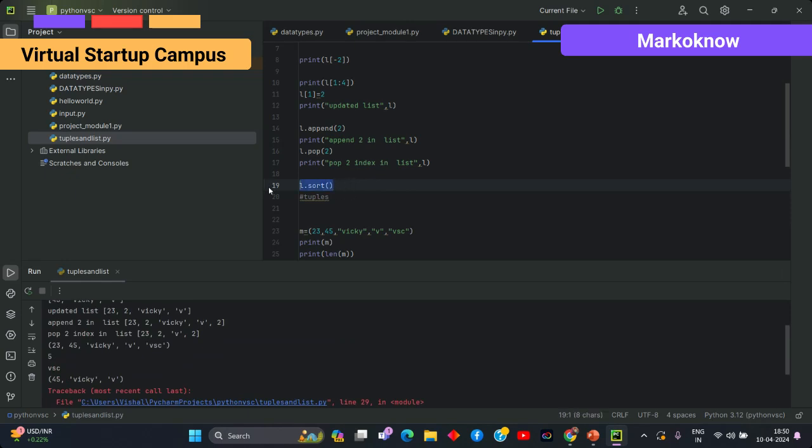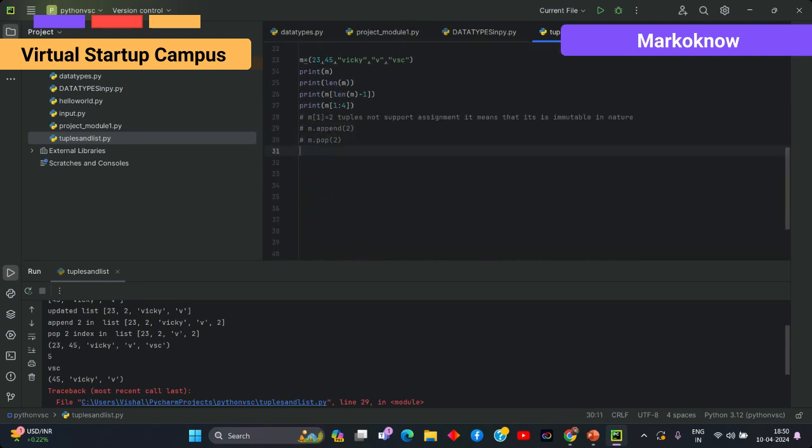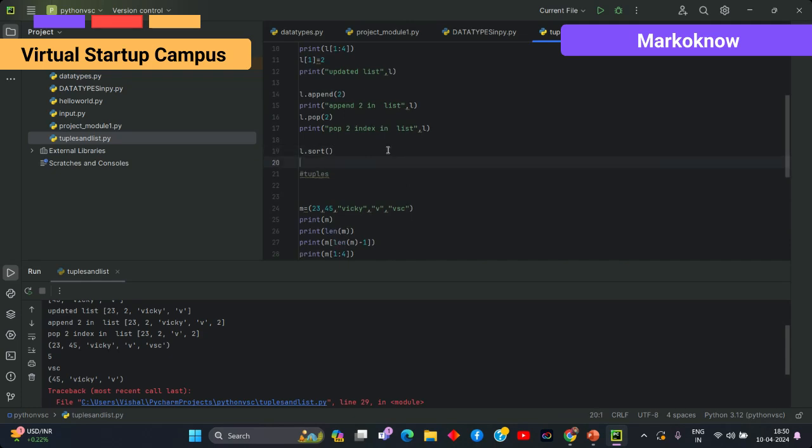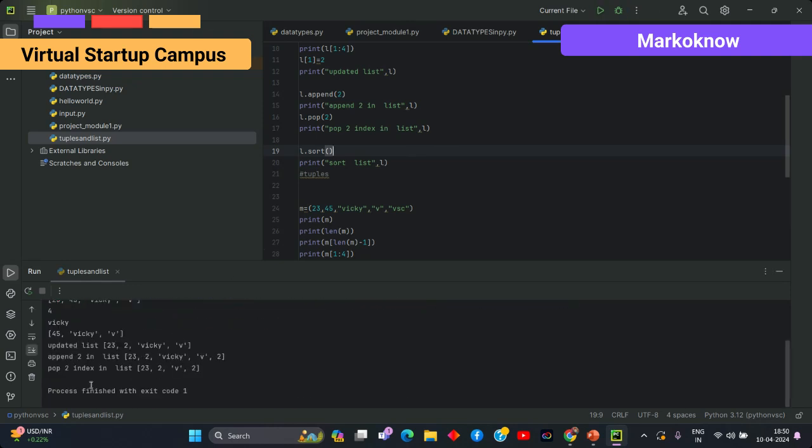Okay, similarly for sort, that is not used in the tuple case because you cannot modify in this case as well. Okay, I'll show you in the list part. I'll print list L of this sorting. Sorted list. Okay, similarly,